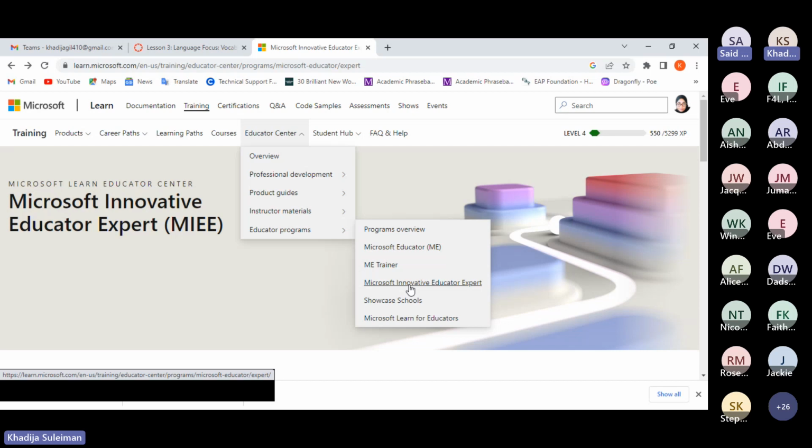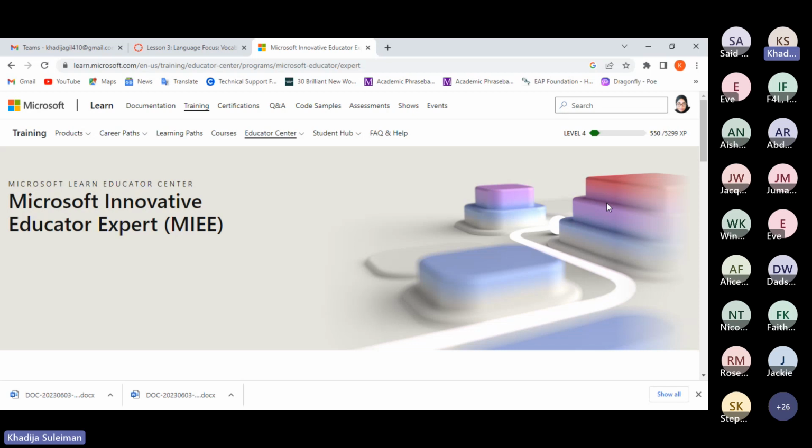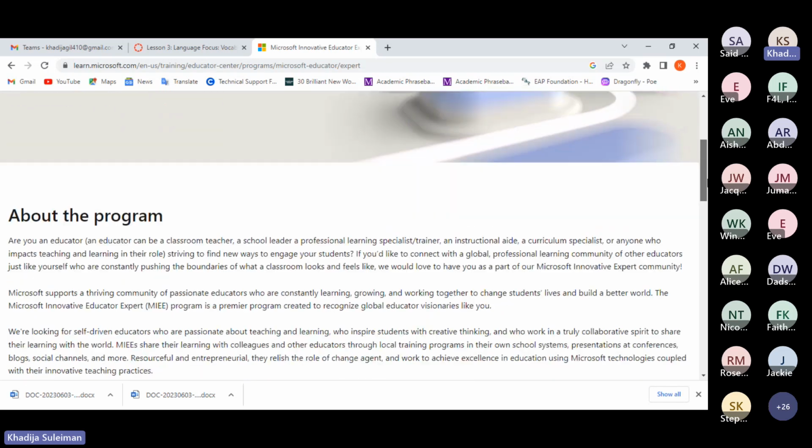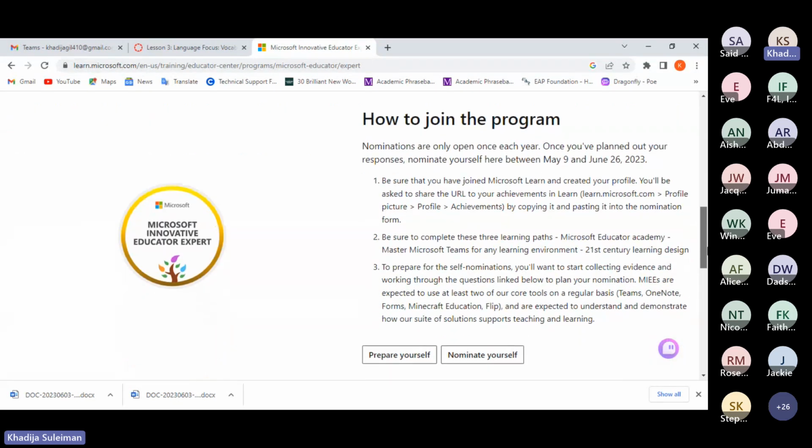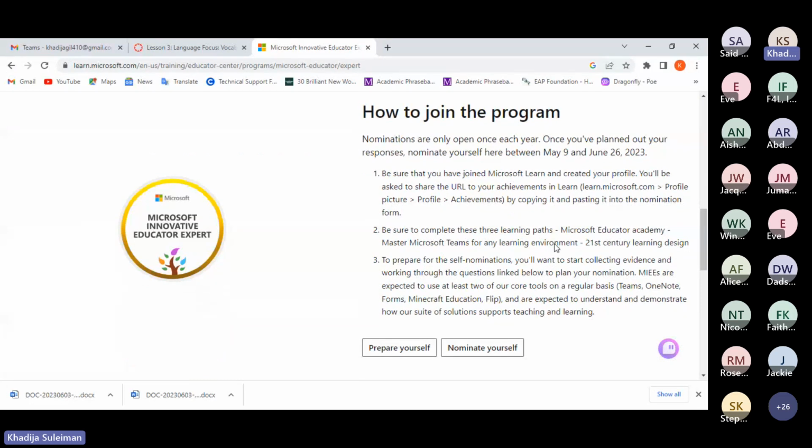So as we wait for further instructions on how to go about it, you can familiarize yourself with the requirements and what is needed of you before the application. So you click on this, Microsoft Innovative Education Experts. Scroll, you can read about the program. And here we have instructions on how to join the program. We have Prepare Yourself, and here we have Nominate Yourself. But before you go to nominate yourself, you have to know what is required of you. So you come to where we have Prepare Yourself, click on it,